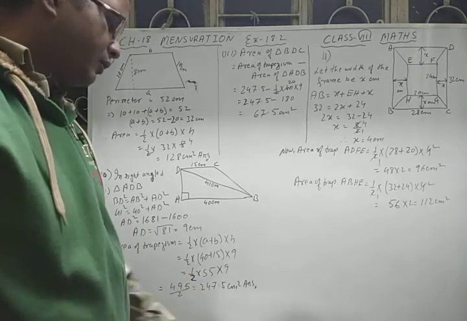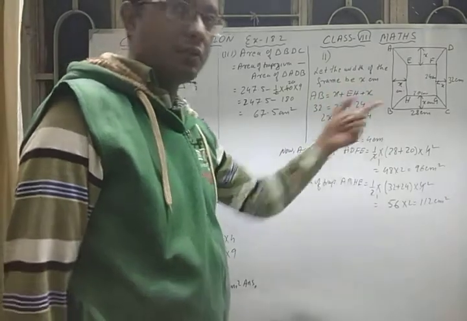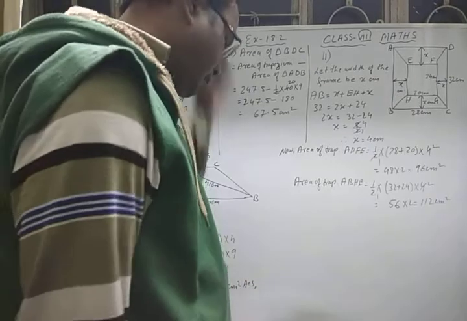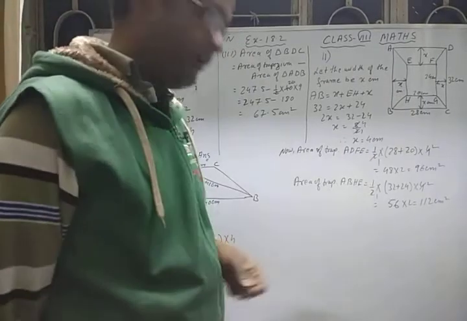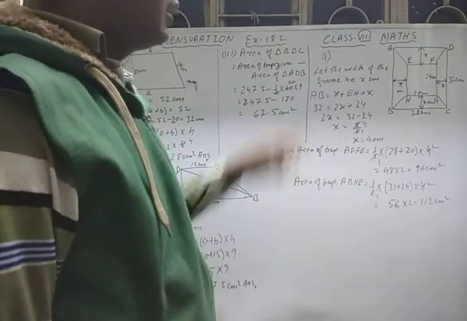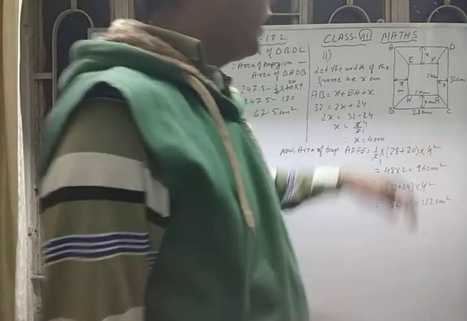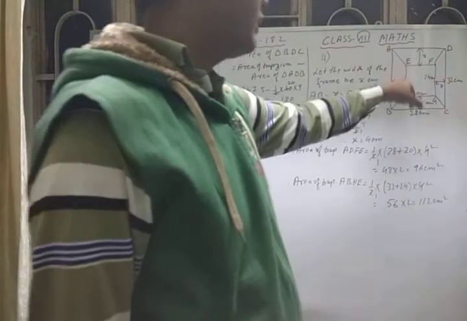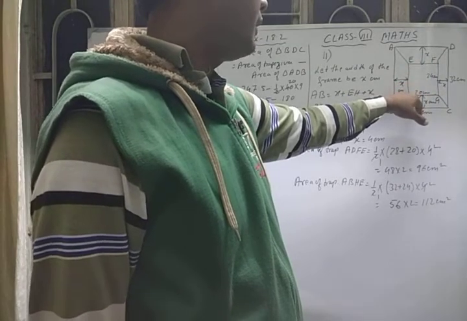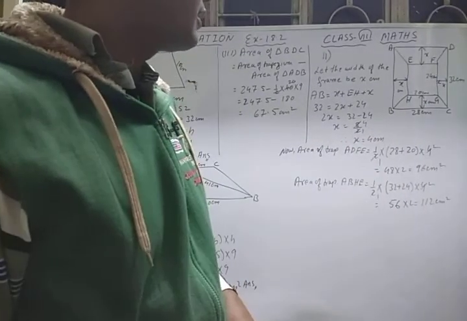Now the next important question that I have taken, that is question number 11. This is a very important question. In this figure, again a diagram is given. It is a diagram of a picture frame whose four sides are in the shape of trapezium. The outer length and breadth are given, 28 and 32 centimeter, and inside the frame, the length and breadth of the photo are given, length 20 centimeter and breadth 24 centimeter.